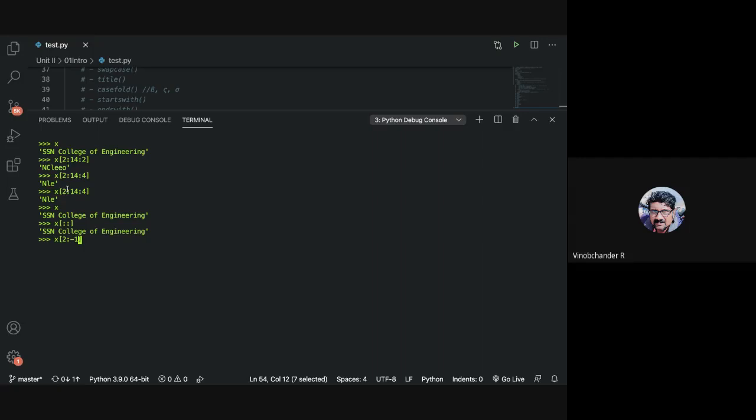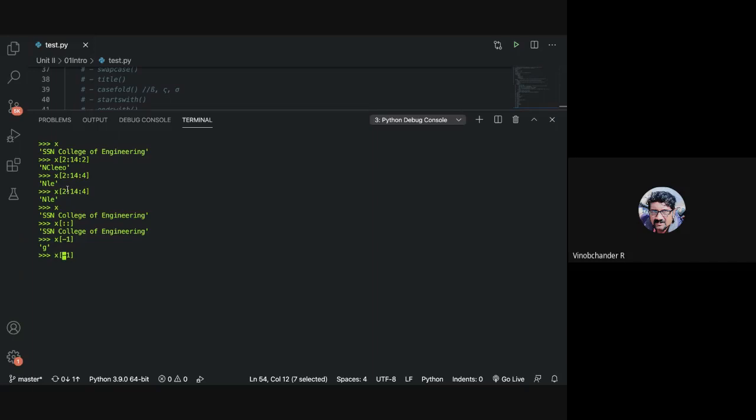Guys, -1 means what? If you say x of -1, it is the index of the last. So it starts from the last. So we can make use of this negative indexing also in our regular slicing.